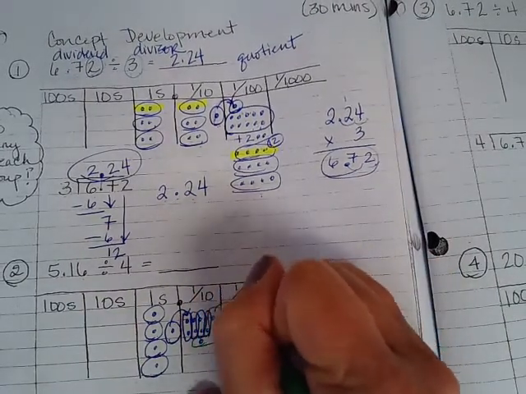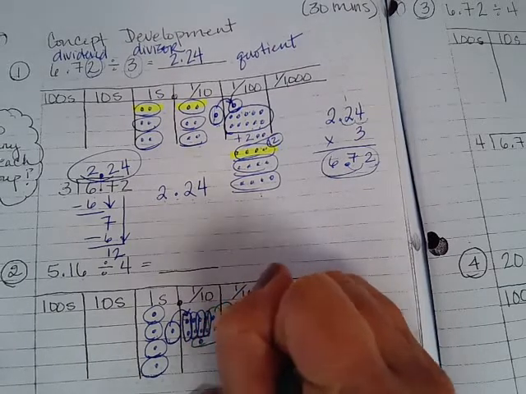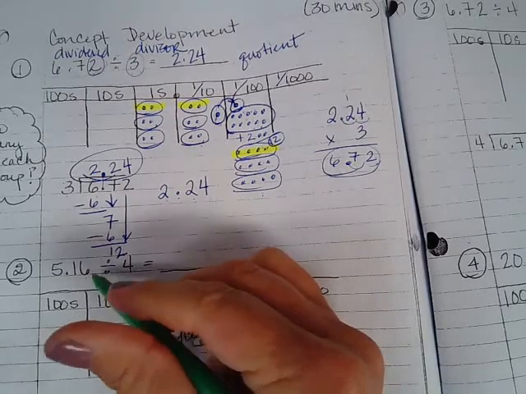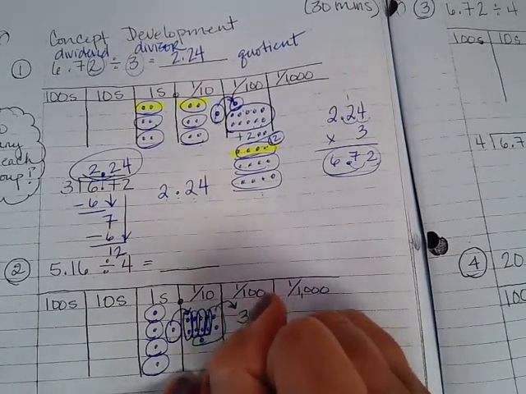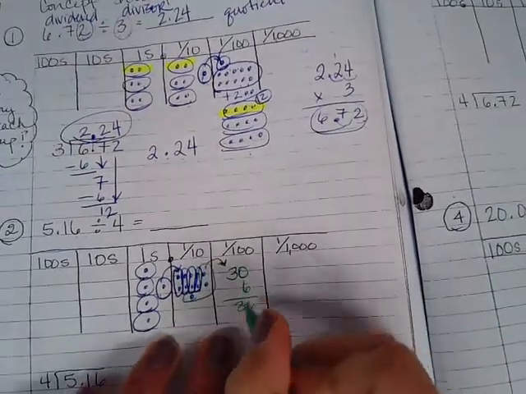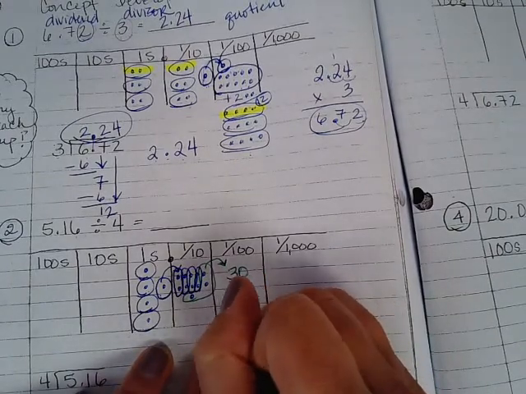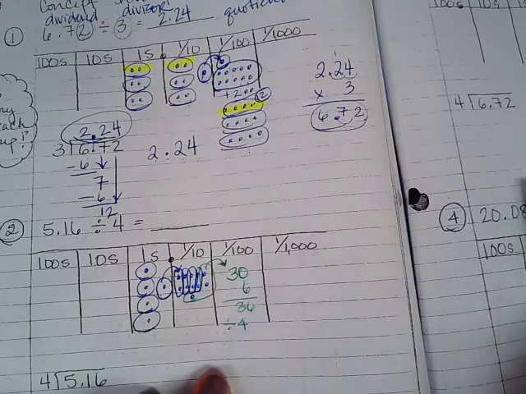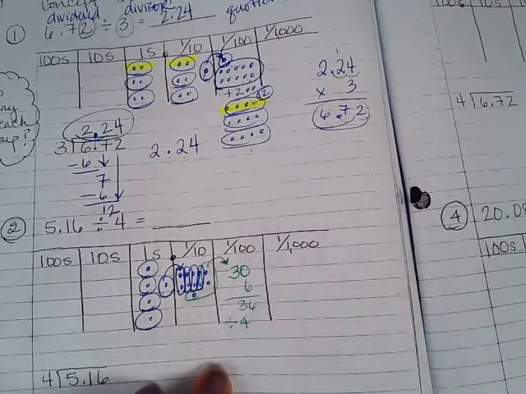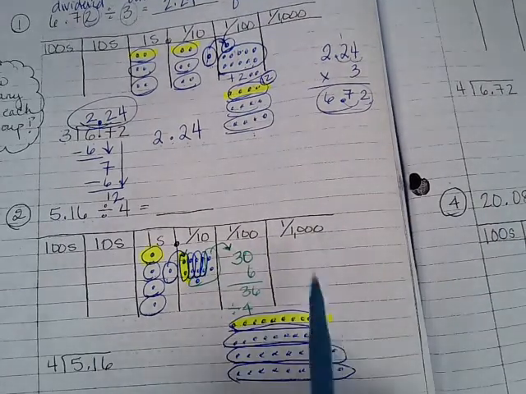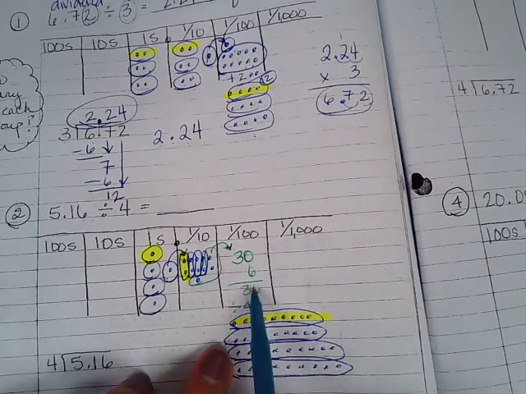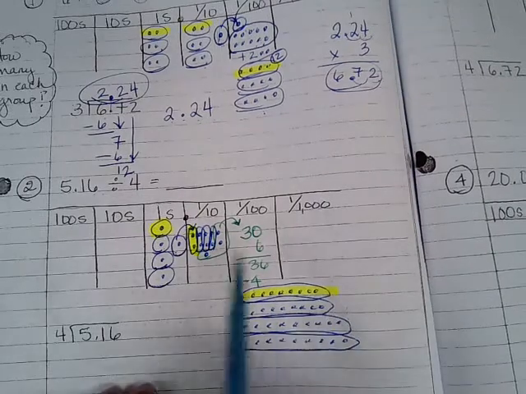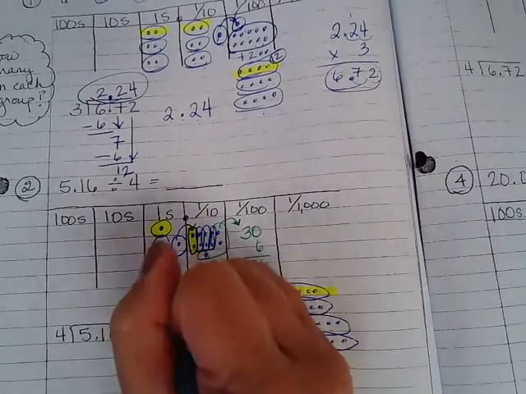So why don't I just write 30 instead of drawing all those dots? 30 plus 6 gives me 36, and now I need to divide it equally into 4 equal groups. How many are going to be in each equal group? Show me with your fingers. So we have 9. We're going to divide 36 into 4 equal groups. You're going to get 9 in each group. So our answer is